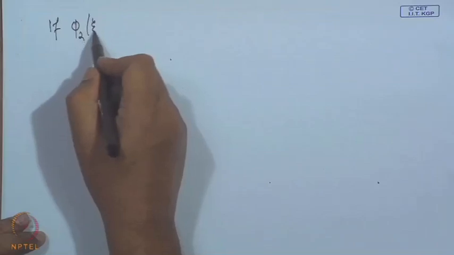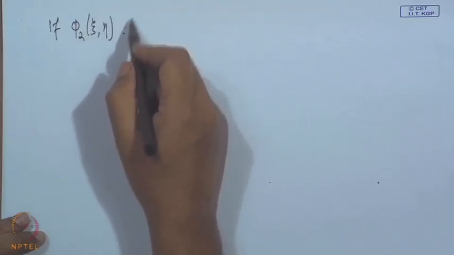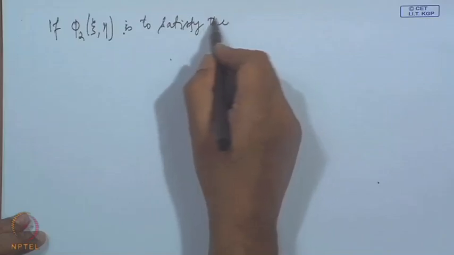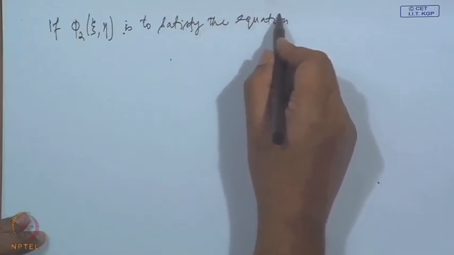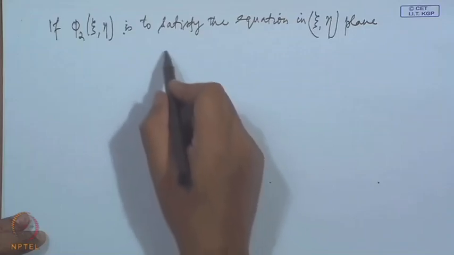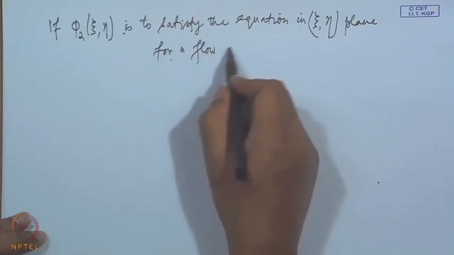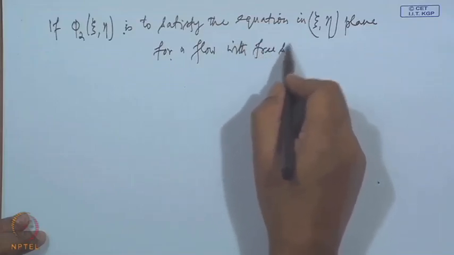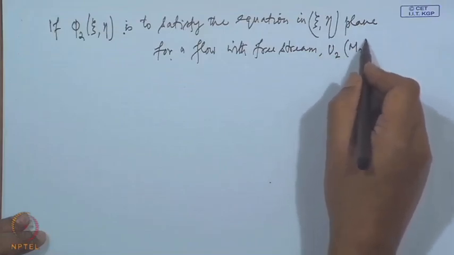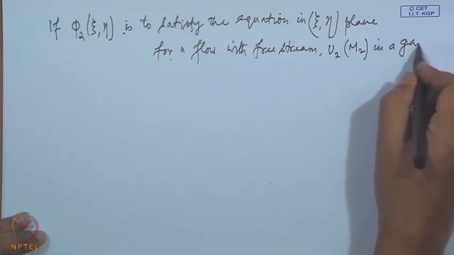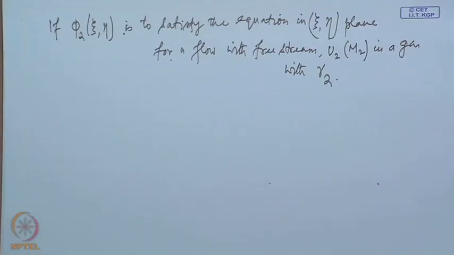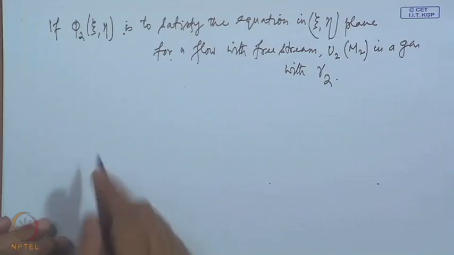if phi 2 xi eta is to satisfy the equation in xi eta plane for a flow with free stream U2, M2, in a gas with gamma 2, then this coefficient on the right hand side, that must be equal to